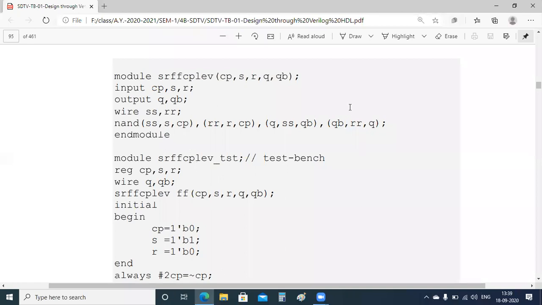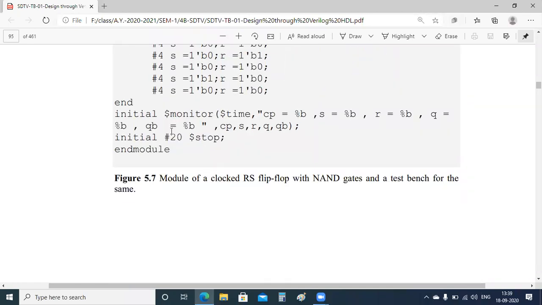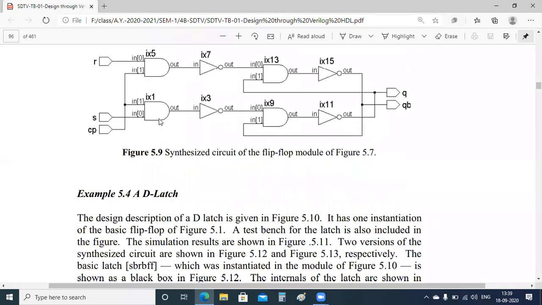So, see here. This is the NAND gate. Why am I calling it a NAND gate? Even though it is an AND gate, it is a synthesized diagram. For a synthesized diagram, we won't have the NAND gate; we will be having an AND gate followed by a NOT gate. So for the NAND gate, what are the inputs?